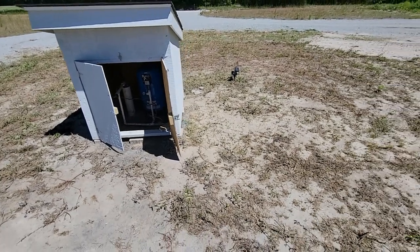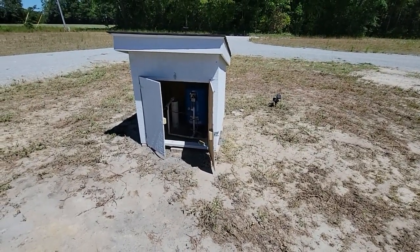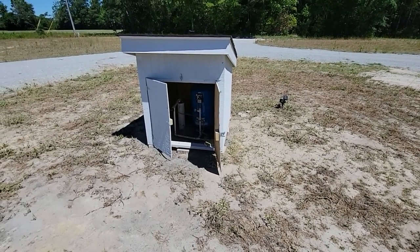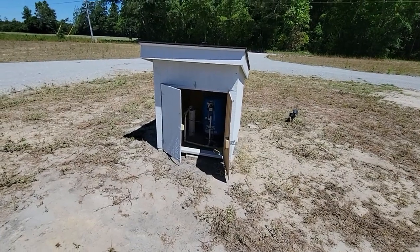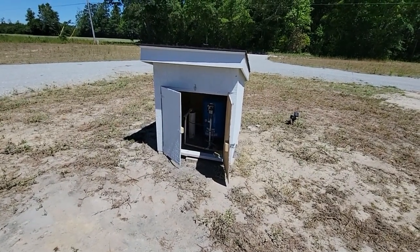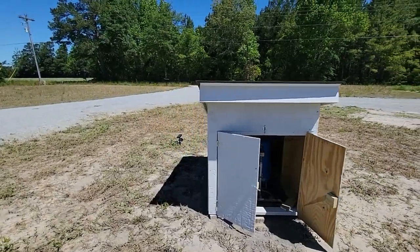So at the end of the day, this was a fairly simple fix. It only took them about an hour or so. So we will monitor the situation. Now, what they said, before I get out of here, what they said was,